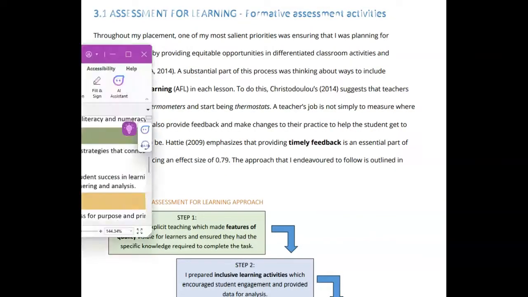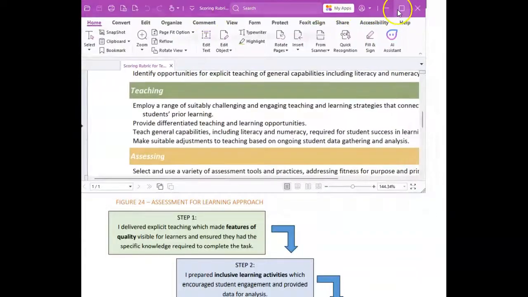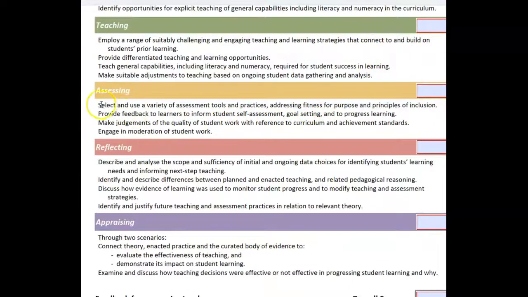Section number 3, let's remind ourselves of what we're looking for. So we're looking for a variety of assessment tools and whether they are fit for purpose, inclusive and work. Feedback, really clear feedback to learners on a range of issues. And the last two are the moderation of your summative task, where you've assessed it and made judgments and